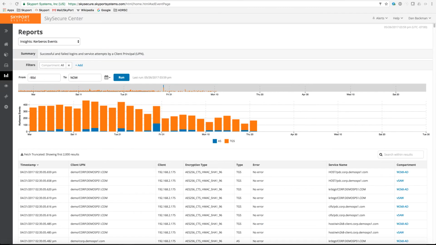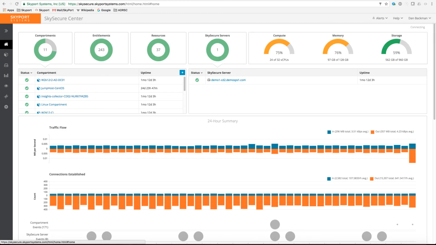SkySecure also has some advanced traffic analytics capabilities. Through what we call our Traffic Insights capability, we also have the ability to decode protocols all the way up to layer 7. And in this case, we've started by targeting some of the key Active Directory protocols like Kerberos and RDP. What this allows us to do is provide complete audit trails for underlying protocol interactions inside each one of the compartments. What you're looking at here is an audit trail of all of the Kerberos authentication transactions that have happened inside the system. This is something you can enable on a per VM basis, and it's an extremely powerful capability to protect critical systems and applications.